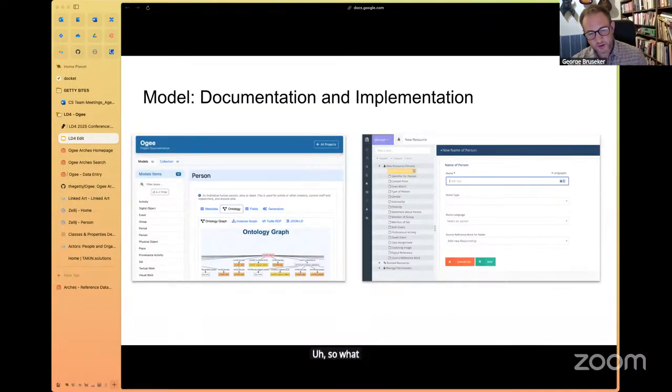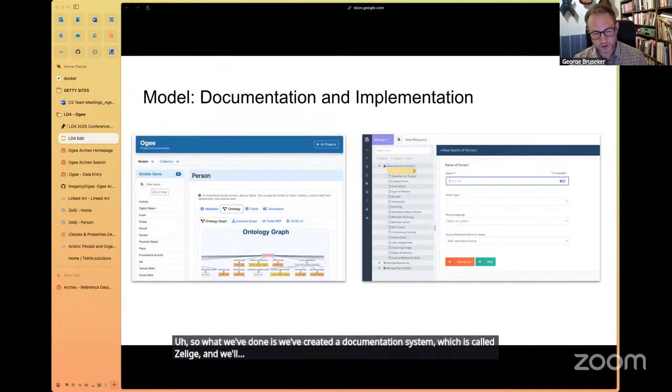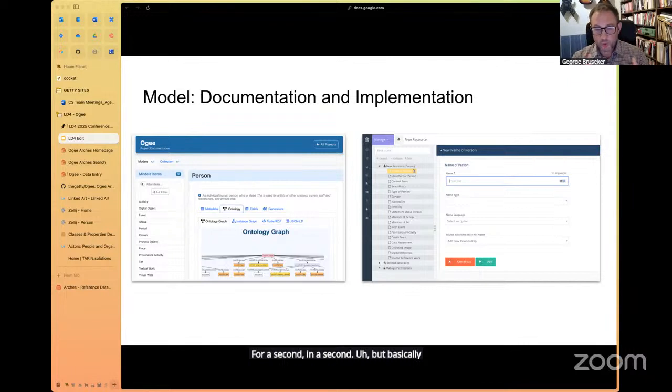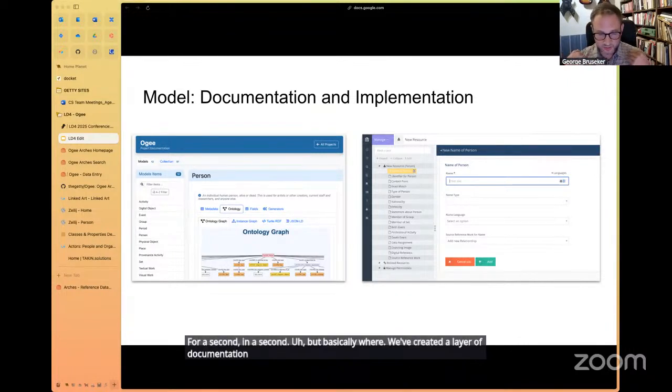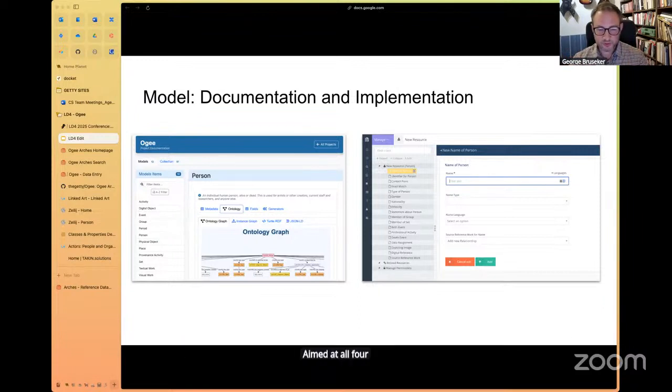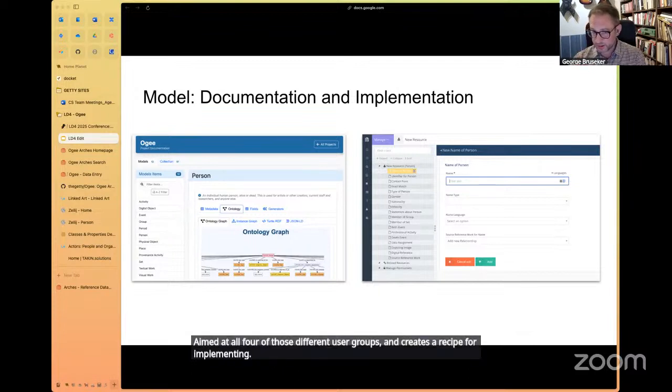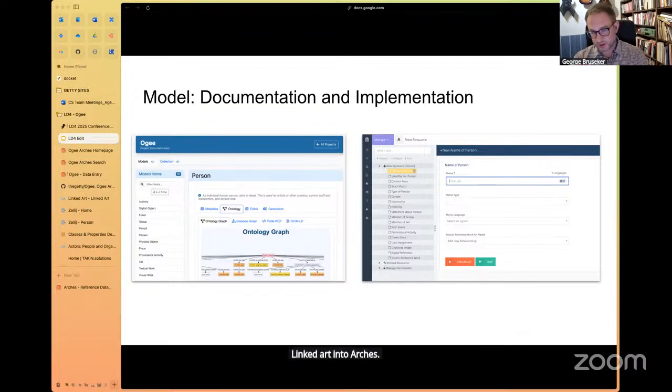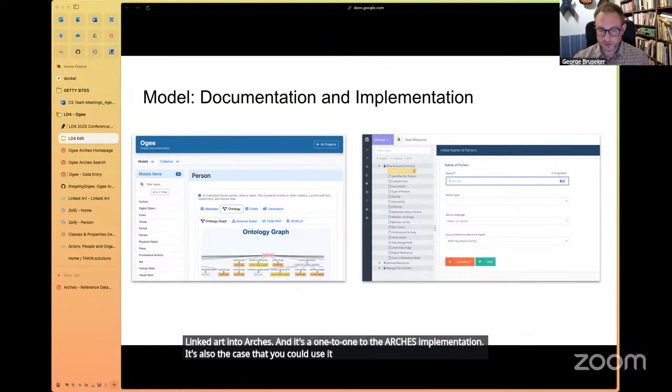So what we've done is we've created a documentation system, which is called Zalige, and we'll pop into it in a second. Basically we've created a layer of documentation that is aimed at all four of those different user groups and creates a recipe for implementing linked art into Arches, and it's one-to-one to the Arches implementation. It's also the case that you could use it for building any other systems. That's part of the fair open dream as well.